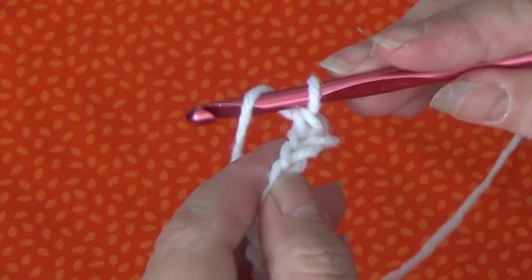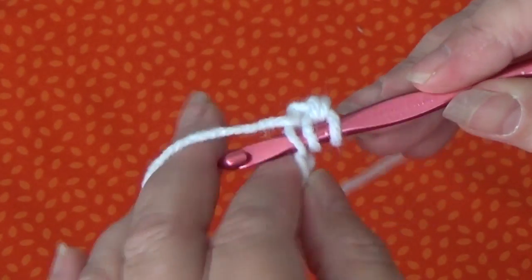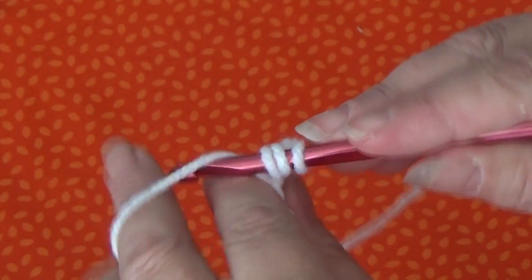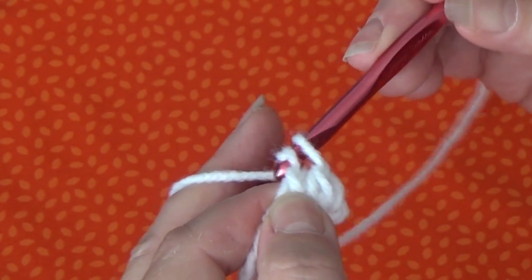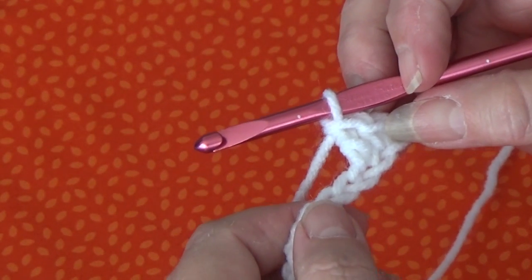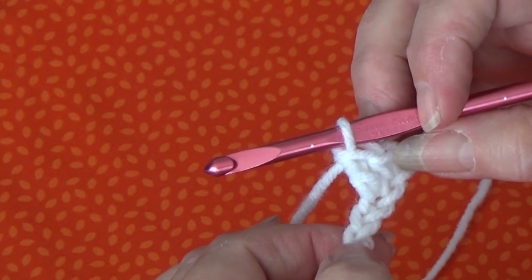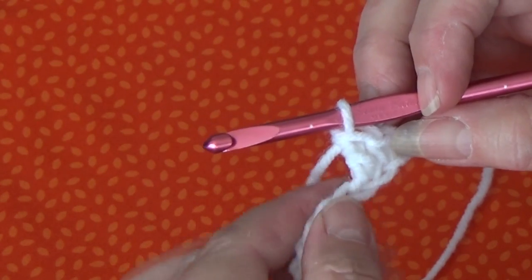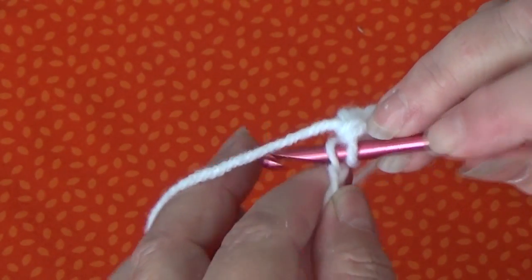Yarn over your hook, insert it into that next chain, yarn over the hook, pull it through the chain, yarn over, pull it through 2, yarn over, pull it through 2 loops on your hook, and that is a double crochet. So what we're going to do is we're going to work a single crochet and a double crochet, a single crochet and a double crochet across. So next chain, single crochet,